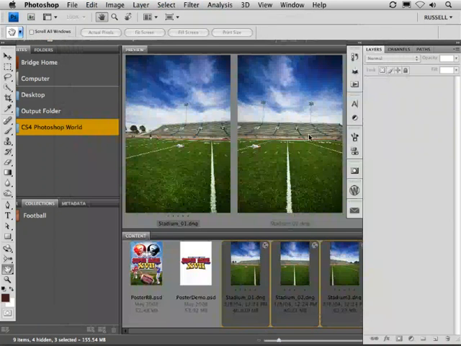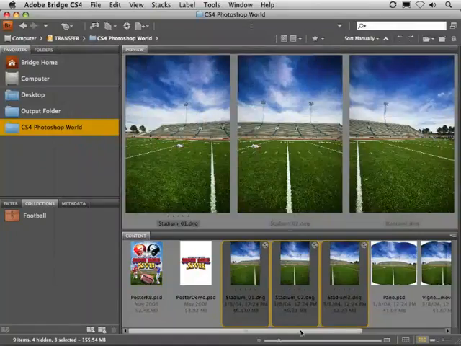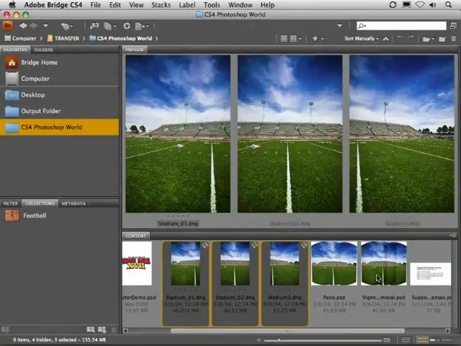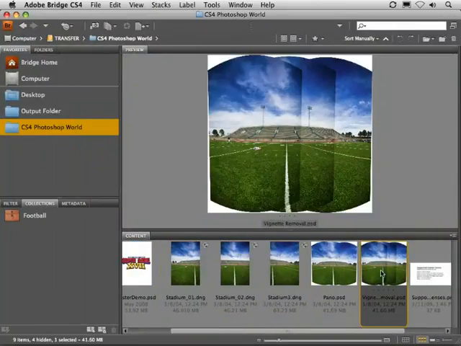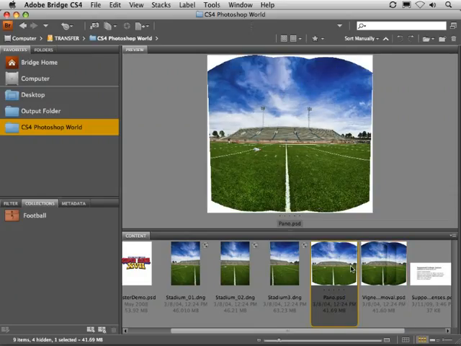Over here in Bridge, I've taken these three images and I first combined them together so they look like this. You can see that it has a vignette problem. The edges are darker than the interior of the image. And quickly and easily with that vignette feature, you can quickly get rid of those edges and improve the quality of your blended panoramas. On top of that, the other feature, the geometric distortion correction, allows you to use a